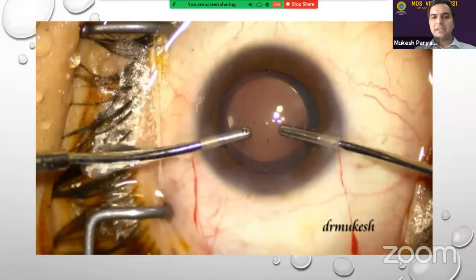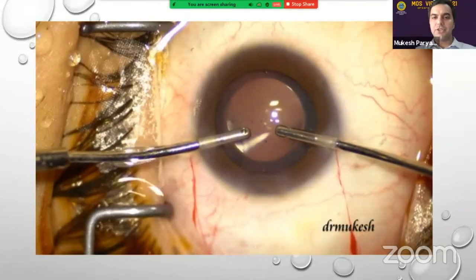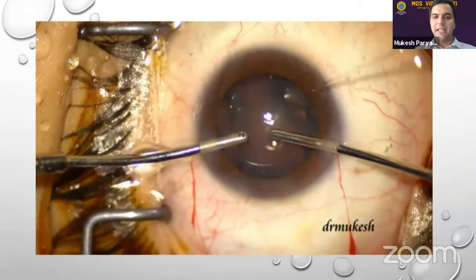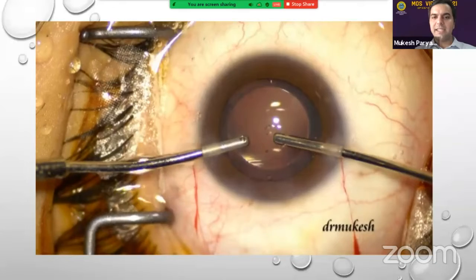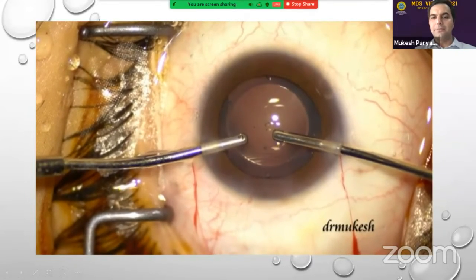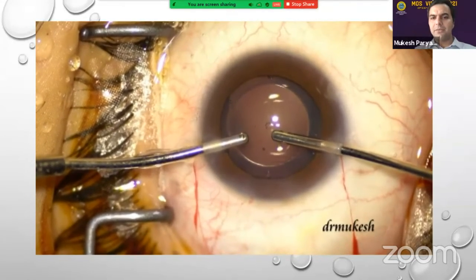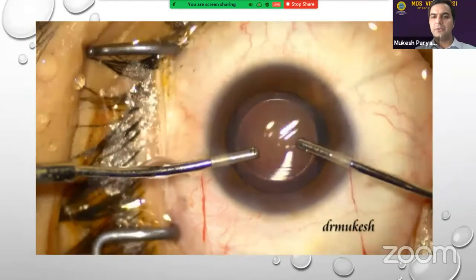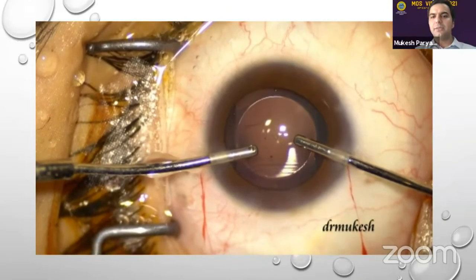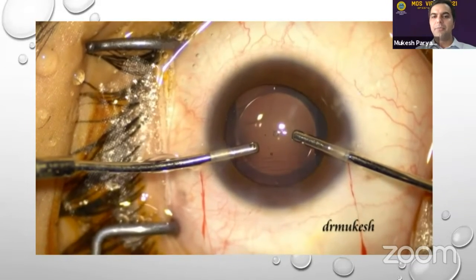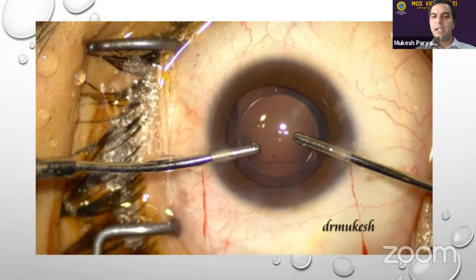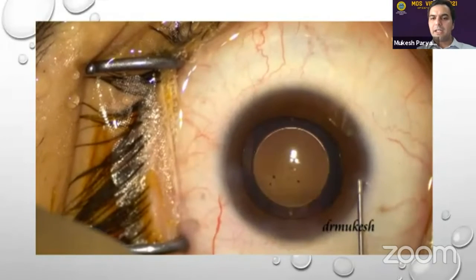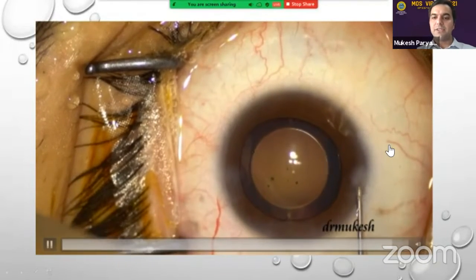There are certain things that people ask: how are we sure that the visco behind the IOL is also taken care of? That's why I have taken this effort on this video. You will see there are some bubbles underneath the IOL which are now slowly coming up. Similarly, the visco also washes up. You see a wave at around 12 o'clock, a wave of fluid. See this wave coming in. So this is basically the fluid which is replacing the viscoelastic underneath the IOL and above the crystalline lens. And this way we are pretty sure that we are taking out as much visco as possible.